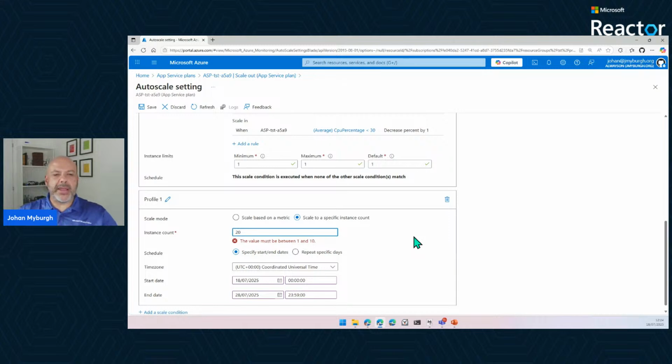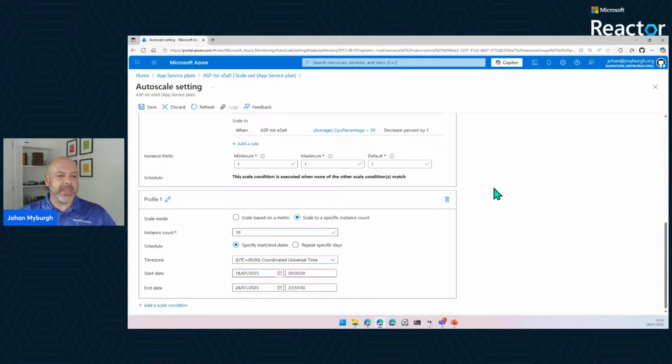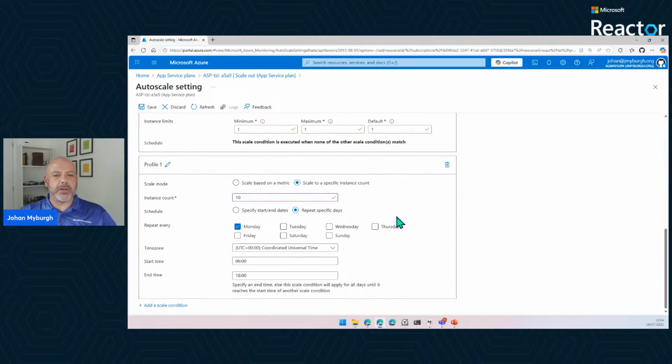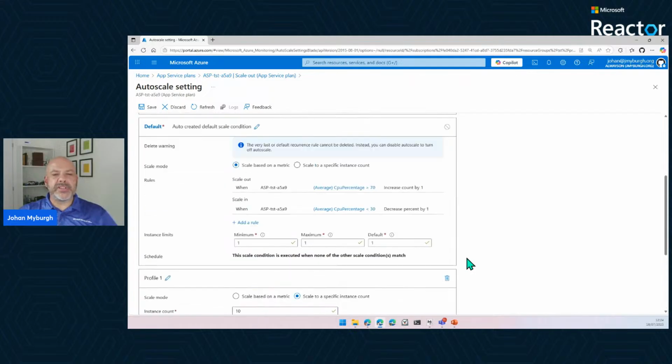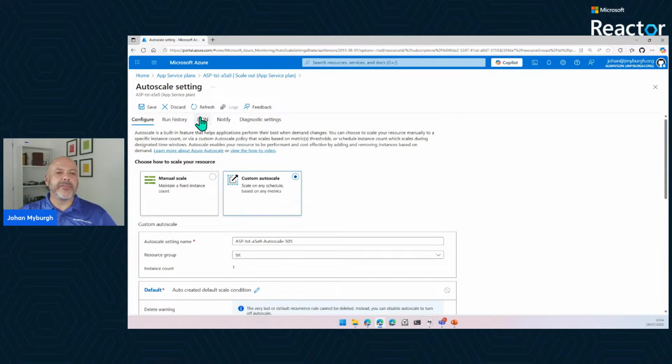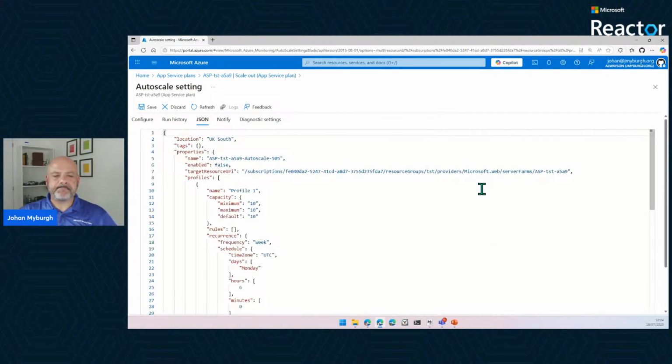We will try to even it out so that you always get what you want. You can also see there that I can scale based on specific days. So what the app service plan will do is effectively monitor all these rules, and it'll try to optimize the cluster so that you get whatever you need in terms of